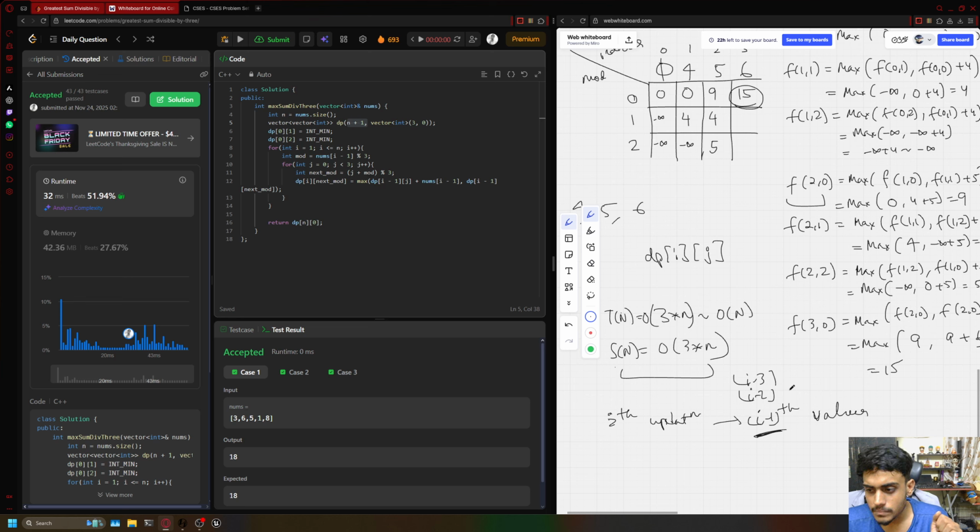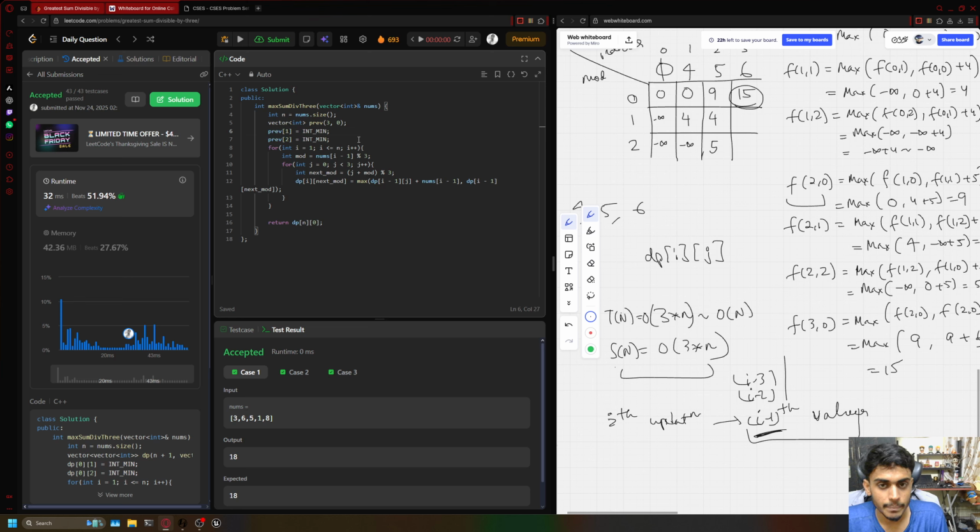So I will discard all those and only consider i-1. In order to do that, I will reduce my dp space. I can make it a 1D array, which I will call prev, and I don't need n plus 1, I will simply say 3,